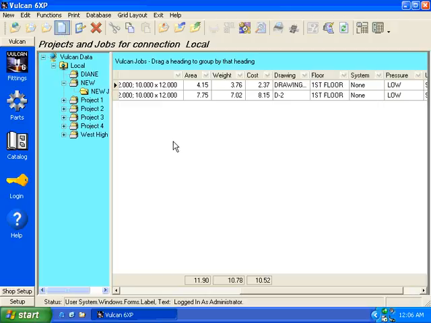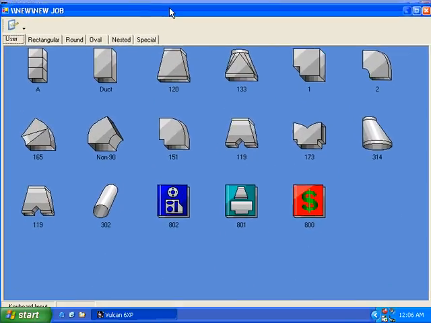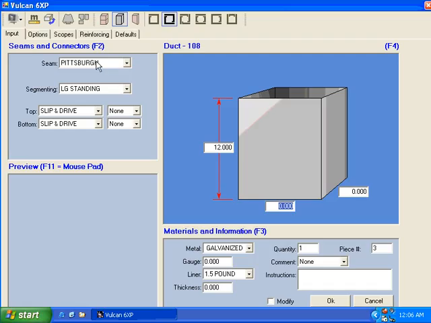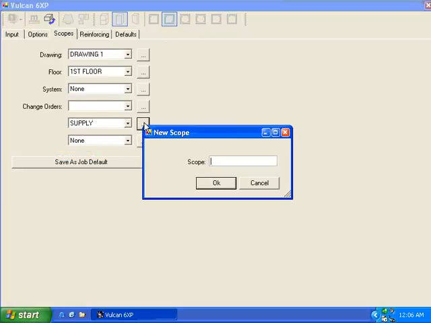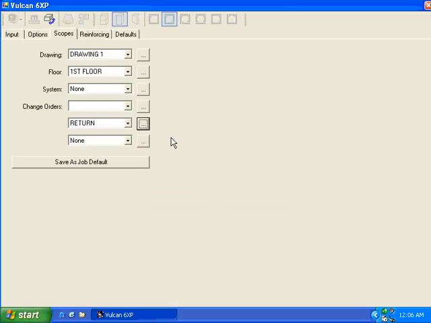If I continue to add some more, I'll show you another place. On the items, when we were on an item, you go to the Scopes tab at that point, and we're going to go ahead and set some dimensions first. And if I want to add a new scope and I want it to follow through for this item and any items that come hereafter, then I can say Save as Job Default. If I just want this new scope just for this piece of duct, then don't say Save as Job Default. But I want my next 10 or so fittings to actually use this same set of scopes. So I'm going to say Save as Job Default, go back to